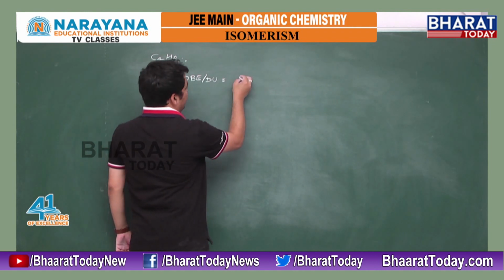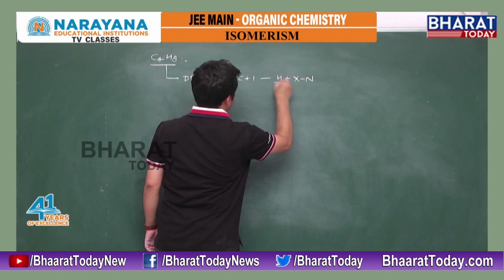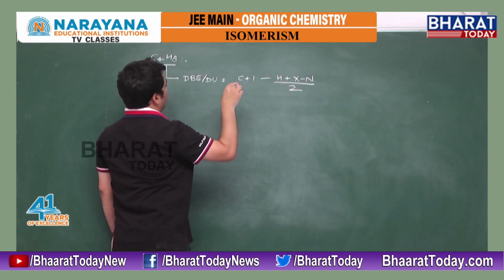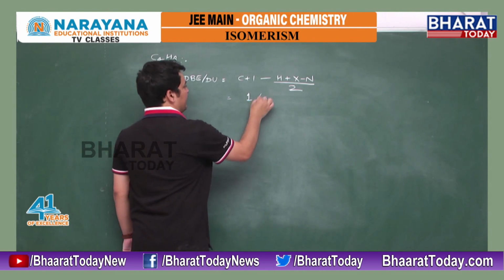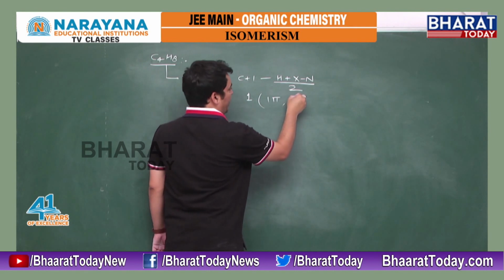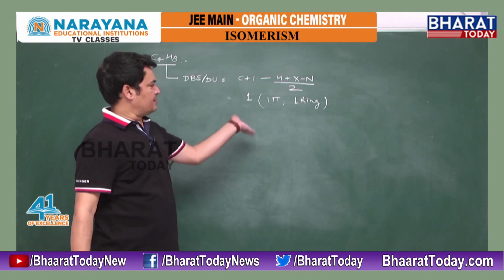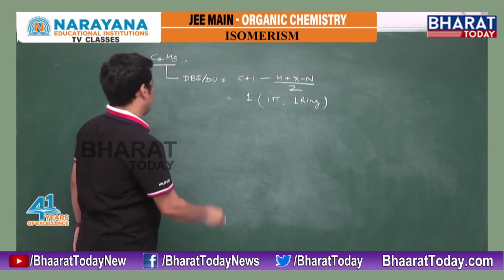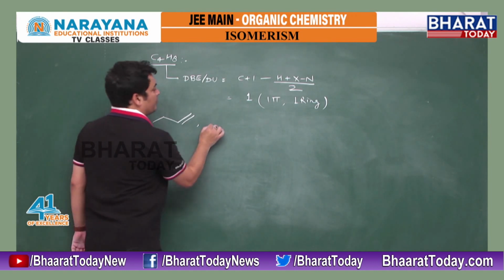It means C plus 1 minus H plus X minus N by 2. 5 minus 4, I am getting degree of unsaturation 1. The meaning is either I have 1 pi bond, meaning a double bond, or I may have 1 ring. So here we can get 1 pi bond, but-1-ene,